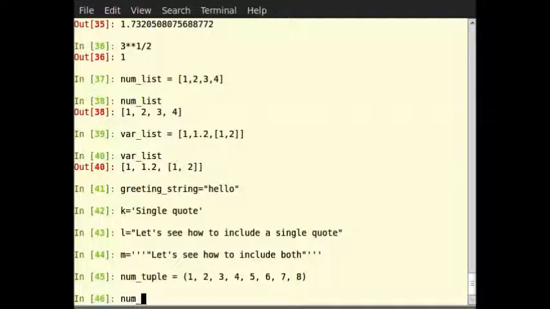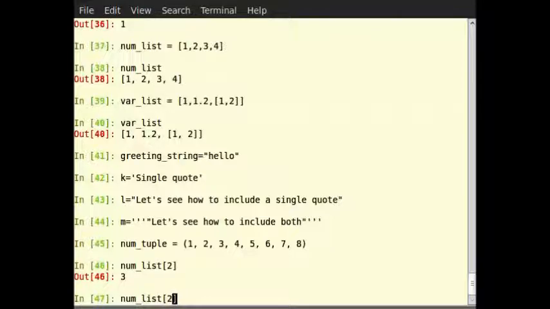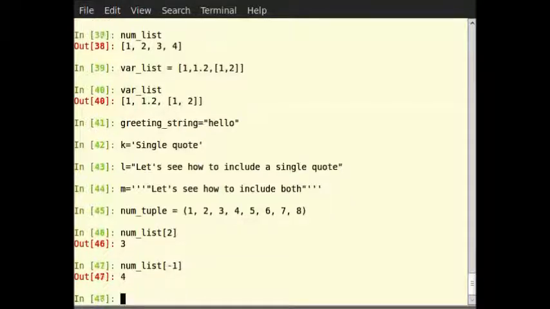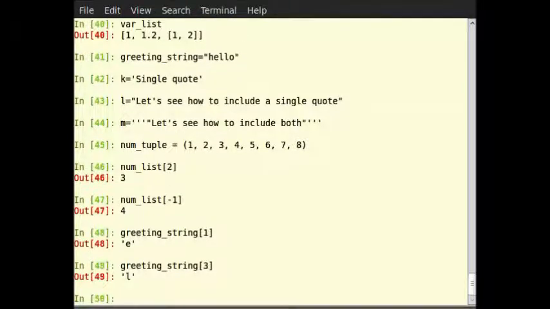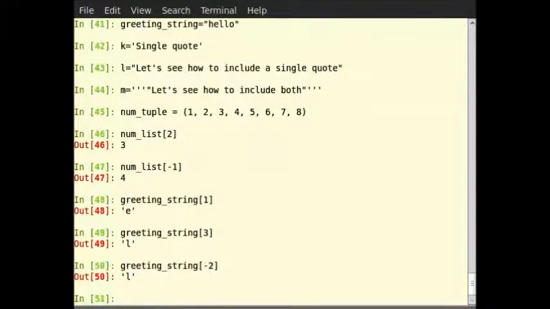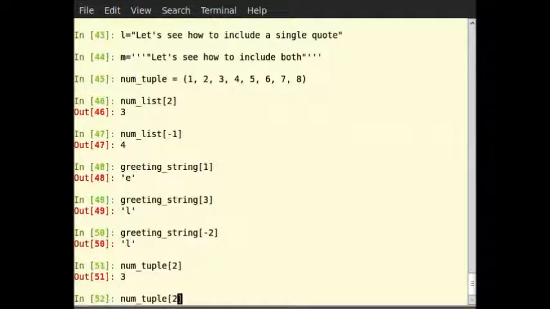So type in terminal num underscore list within square brackets 2, then num underscore list within square brackets -1, then greeting underscore string within square brackets 1, then greeting underscore string within square brackets 3, greeting underscore string -2 in square brackets, then num underscore tuple within square brackets 2, num underscore tuple within square brackets -3.